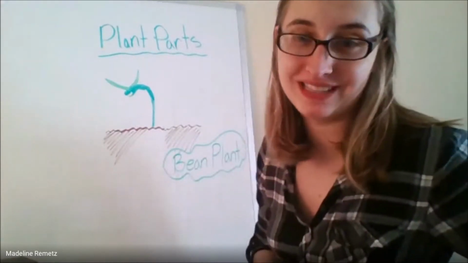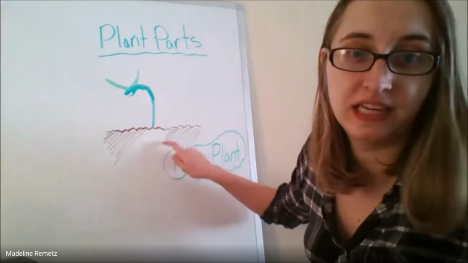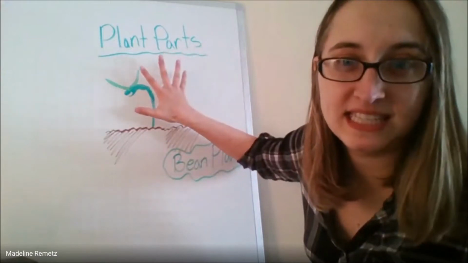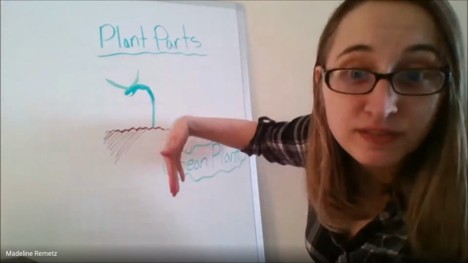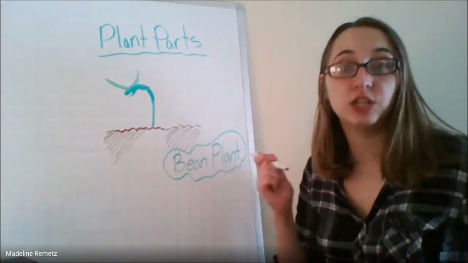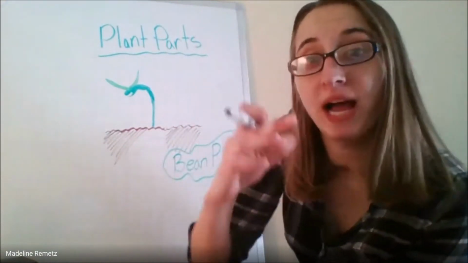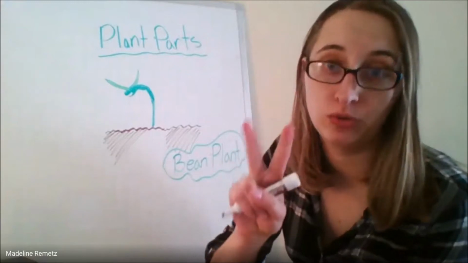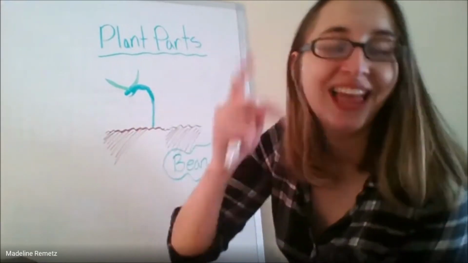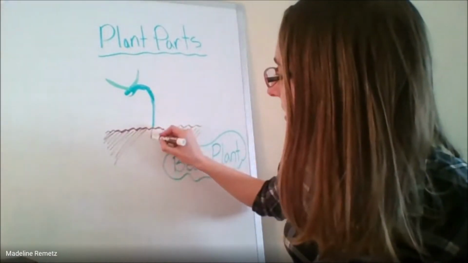But let's look at the plant's parts. I have nothing down here, and that's because I wanted to see what we see up top and then dive down into the soil. So the soil is where you planted your bean and your seeds, and eventually it's going to pop open and start growing 2 things. 1, it's going to grow up, and 2, it's going to grow down. Think to yourself, what are the parts called down here